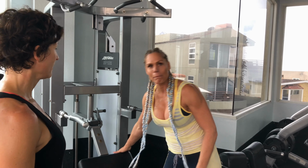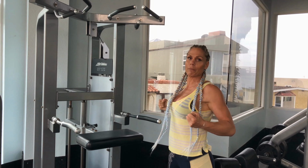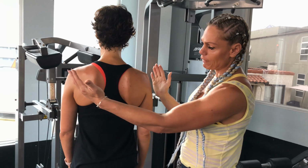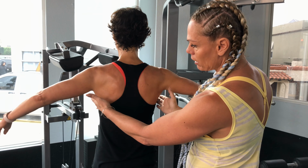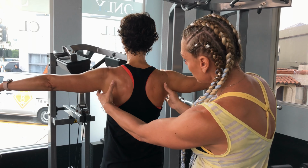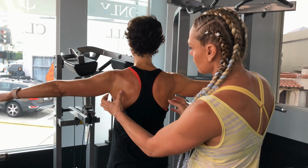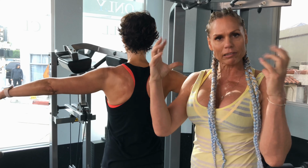Starting with pull-ups. Pull-ups are the best for your back. So we're gonna go forward on these here because we want to keep them high. What we're trying to do for her back is, we call it the V-taper right here. This in here is a V if you look at it, and we call it a V-taper. The wider this is, the smaller the waistline will appear. So we're gonna try to bring these parts out a little bit more so the waistline pops a little bit